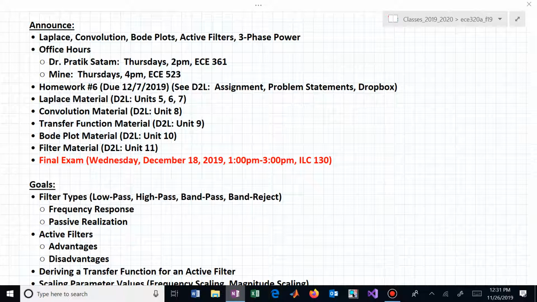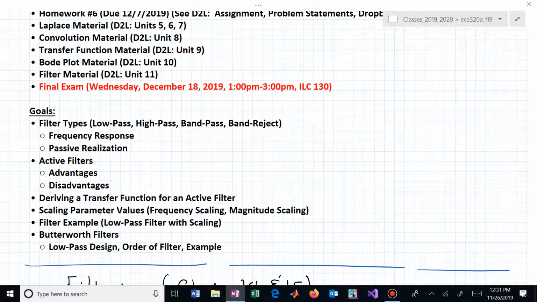What I'm going to try to do is give you maybe a little different take on that same information today and the next time we meet, which is, I guess, in a week. We will meet again and we'll be talking about filters at that point as well. What I want to do today is remind ourselves of where we are with respect to filters, what kind of filters exist, and how we can actually realize